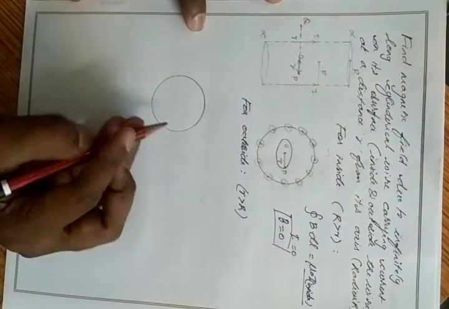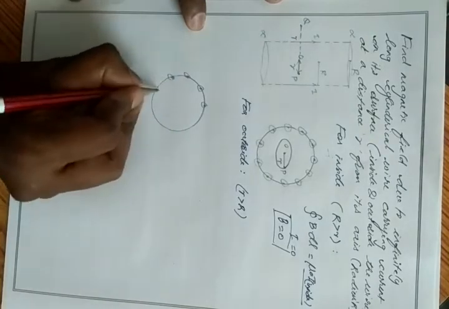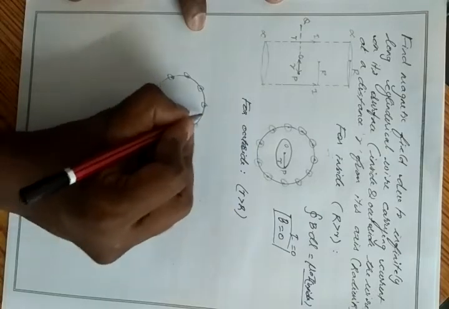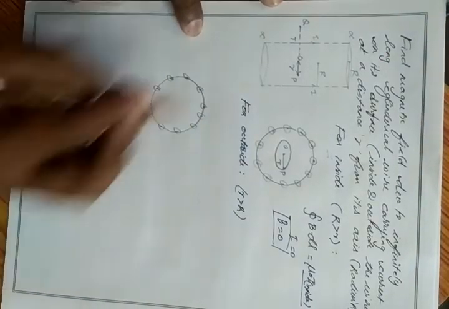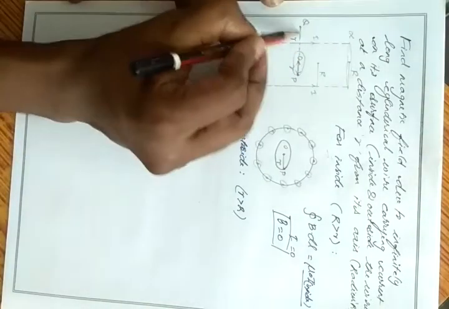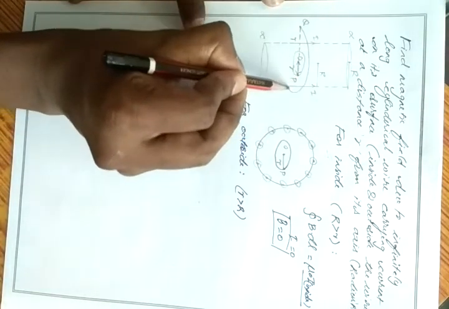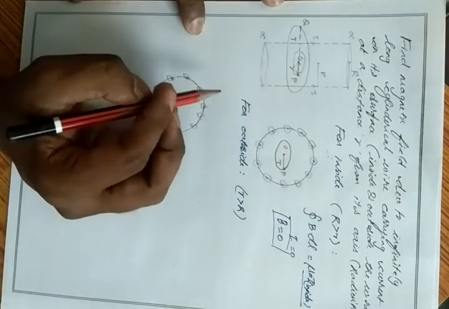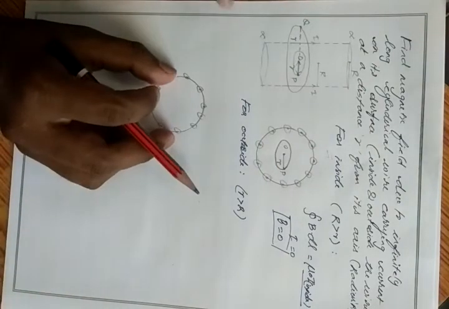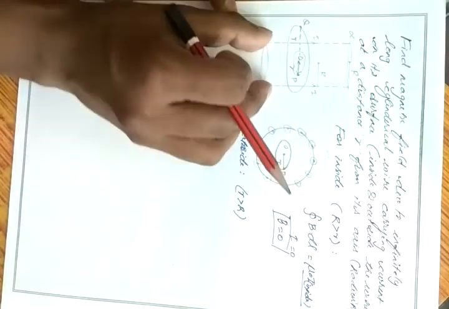So this is my cylinder from the top view. On every surface of the cylinder, I get current coming outwards. Here I can draw an Ampere circuital loop for inside, and I can also draw an Ampere circuital loop for outside. So this is the loop for inside and this loop for outside. I get the Ampere circuital loop bigger than the surface of the cylinder.